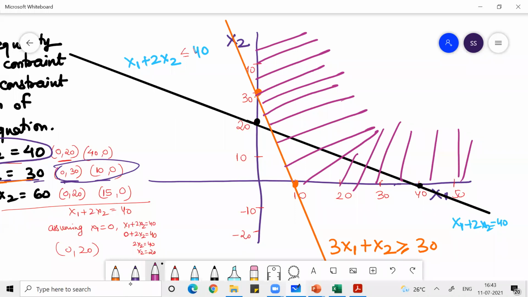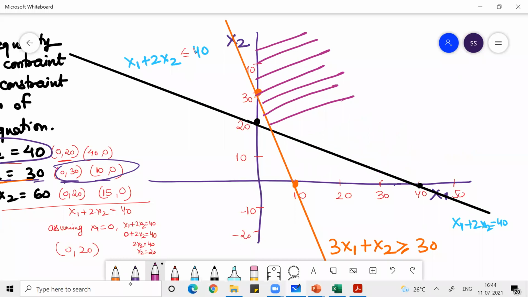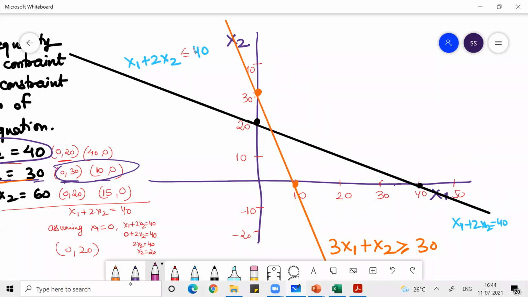Yes, sir. Guys, everyone has to understand, it's not at all anything difficult. You can easily understand. The only thing you need is a little bit of attention. Okay, so now guys, what you need to do is find the area which is common between the first two lines. What is the area which is common between the first two lines?